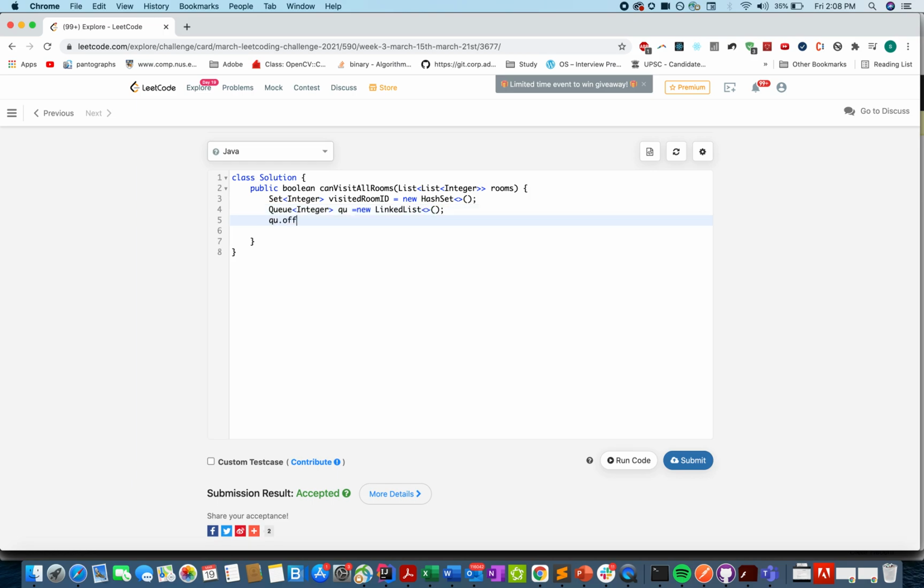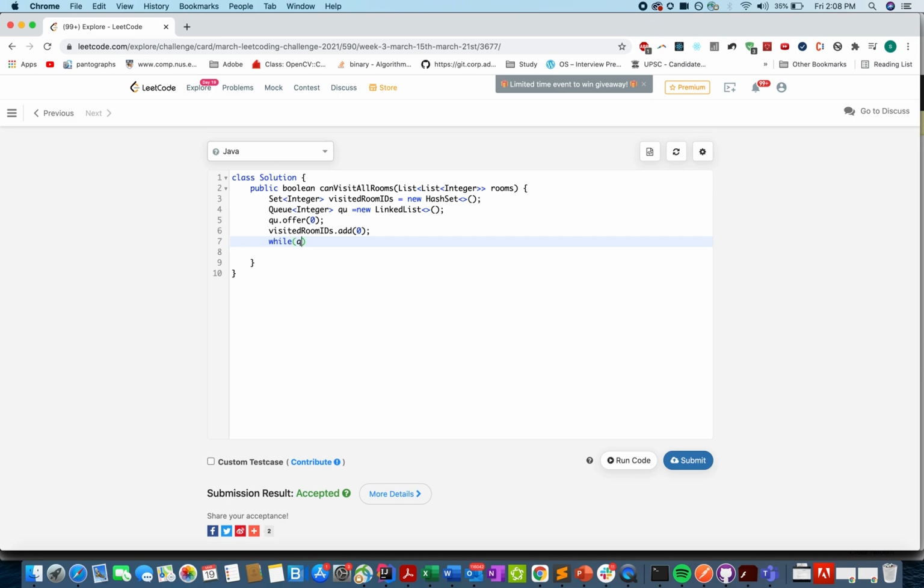And let's add the 0th index to it. Also, let's update visited room IDs with the 0th index because we are visiting that room.